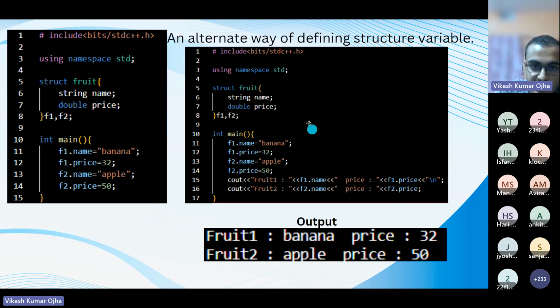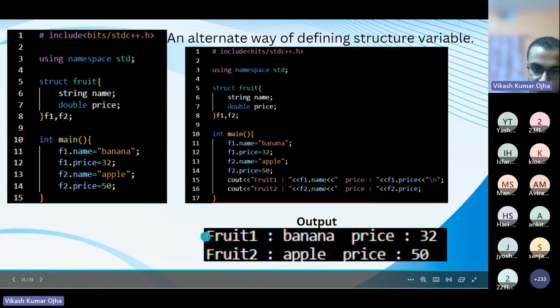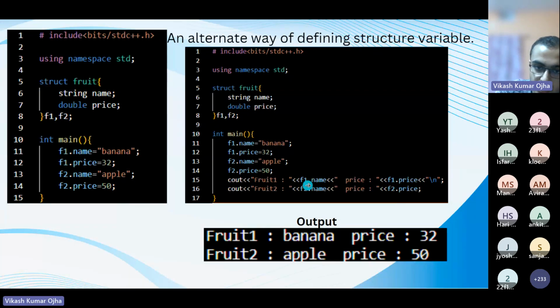So here you can see in the second program towards the right, I have defined two structure variables f1 and f2 and put some values inside the name and the price. And when I print out the values, this is the output which is shown here. So we get fruit f1 dot